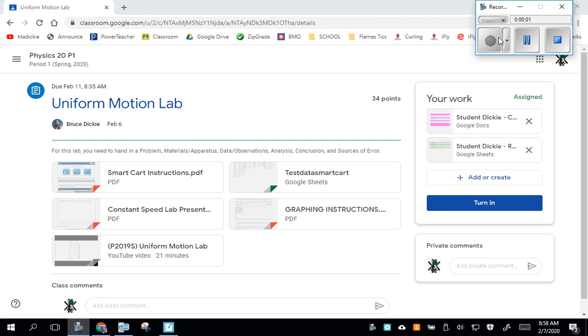This is a student version of Google Classroom that I'm going to demonstrate some of the things that you need to do for your assignment that's due on Tuesday and for your other assignments as well. You can see that I'm in the same assignment as you would be in. Over on the right-hand side, you see your work. Right now, the only thing you see under your work is the template that I created for you